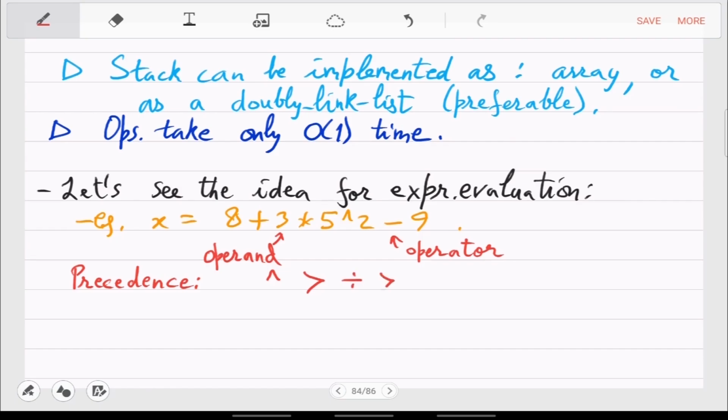Okay, let's believe you. And then this has precedence over addition and subtraction. So what is the comparison between them? They are equal, right? So this is the precedence rule for the operators.